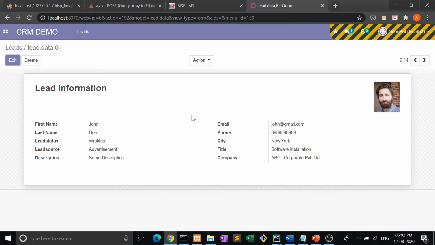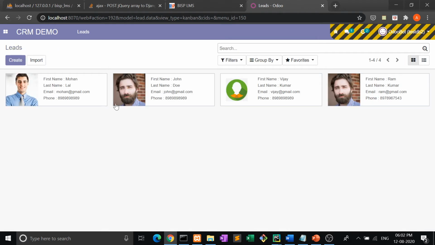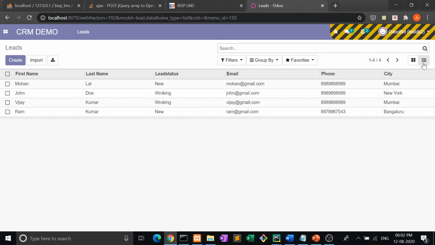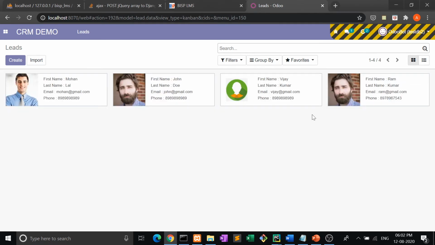This is the Kanban view, and if I click on this, it will be redirected to the form view. Now this option starts appearing here. This is the list view, and if I click here, this is the Kanban view. So this is how we create the Kanban view.